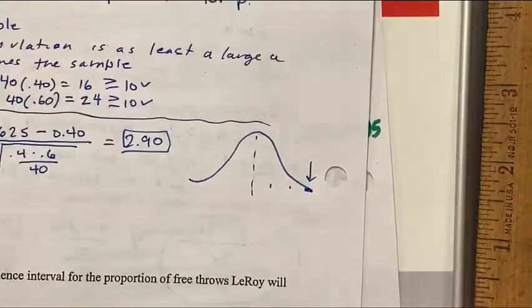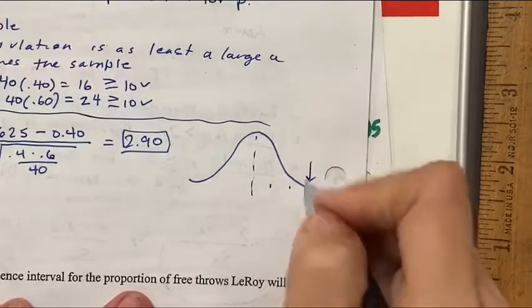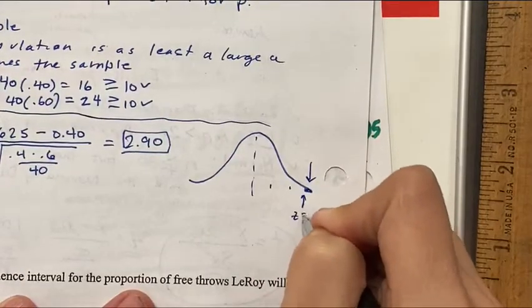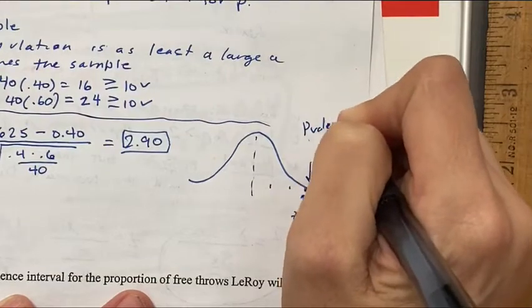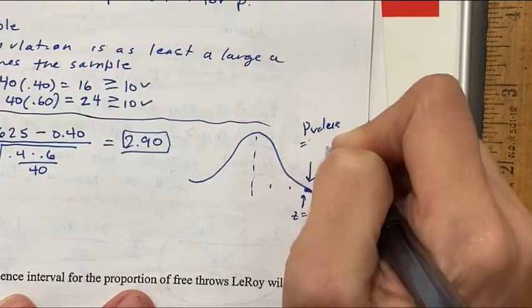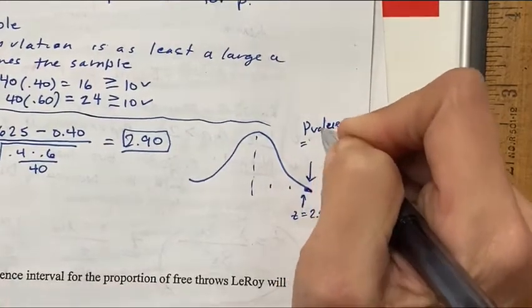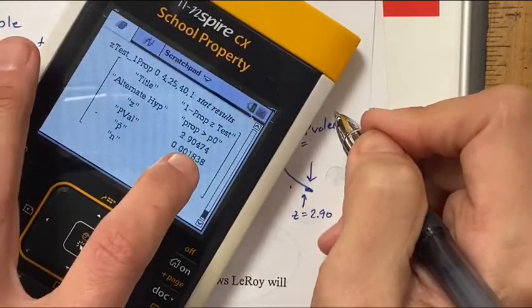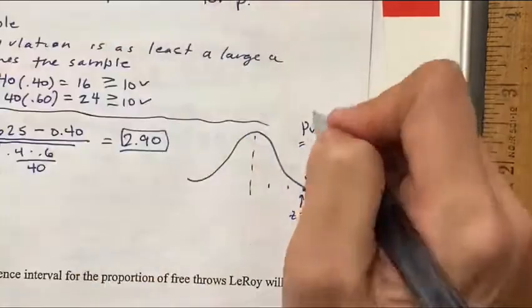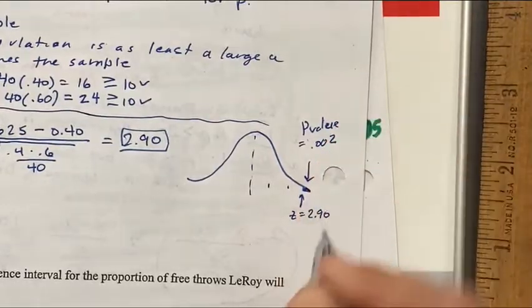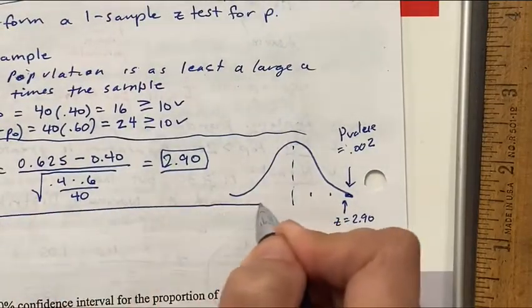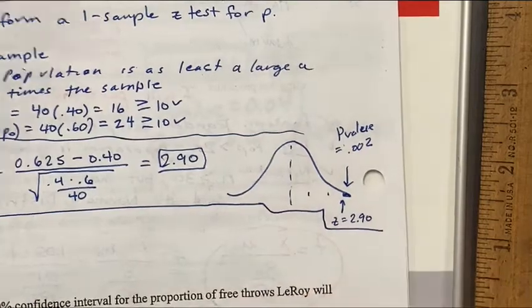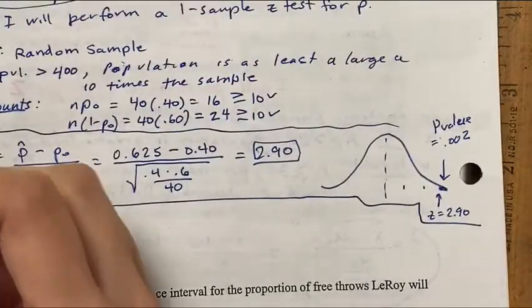So to draw a picture, it would look something like this. My Z value is 2.90, and my P value is, what is the area under that curve? Well, I can tell you it's not a lot. My calculator tells me it's 0.002. So I'm done with my do, and I can conclude,